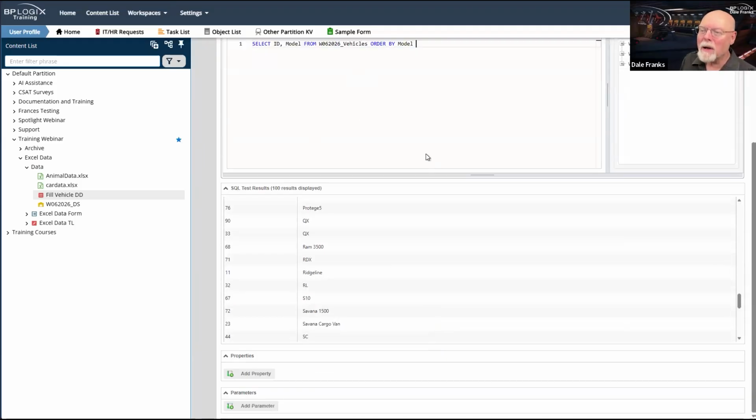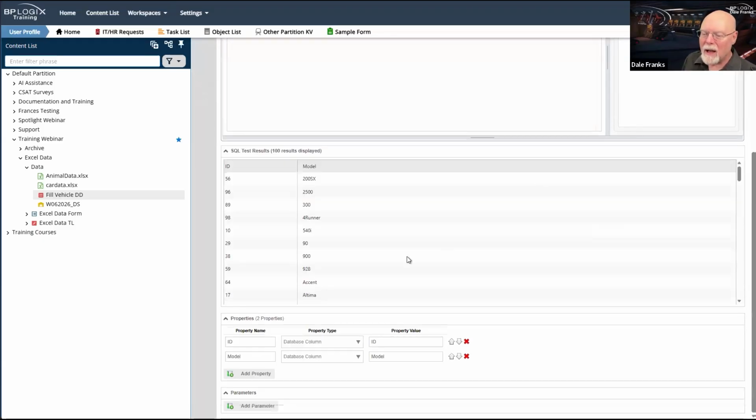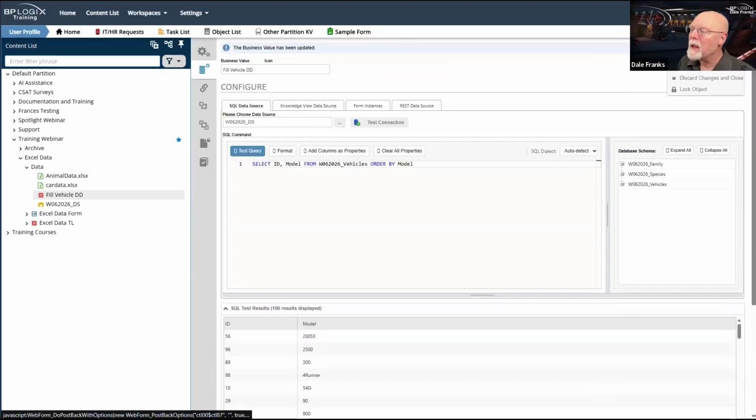Now that I have those two fields, I am going to scroll up here and hit add columns as properties. And so that will give me my ID and model column. We're cool with that. I don't have any parameters. I am pretty much done here. So I can hit OK.